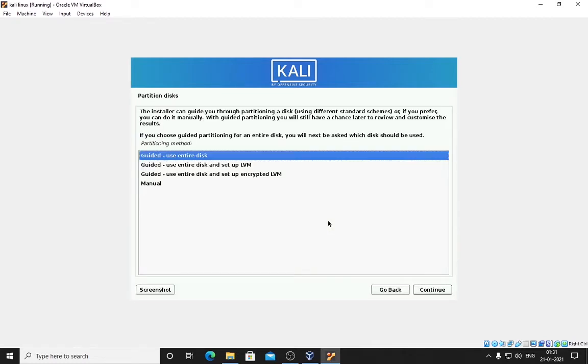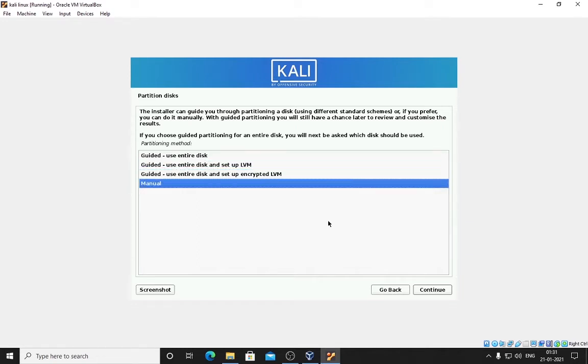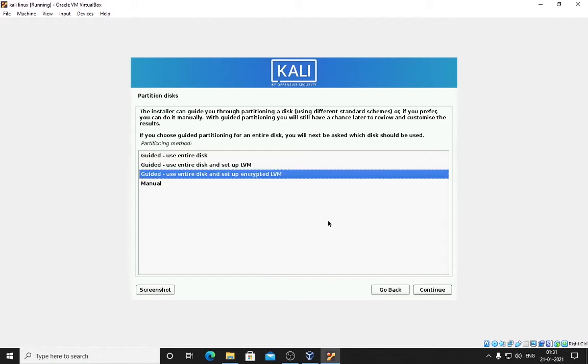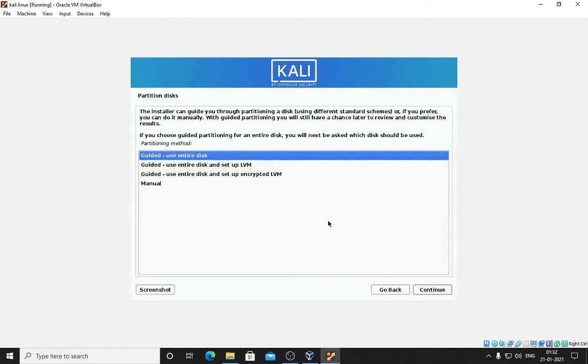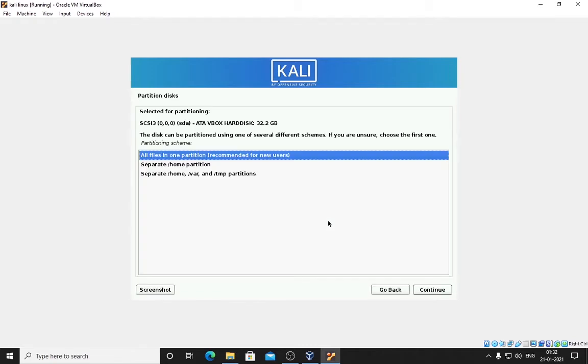So we have skipped to this next part because that was only installation, so the bar was going in the right direction from the left, so no point of watching that. So here we have this screen where we have to configure our hard drive for this installation. So manual, guided, I will be showing the easiest way so you don't have to go through a lot of processes. Click on guided or press enter on it, press double enter on it.